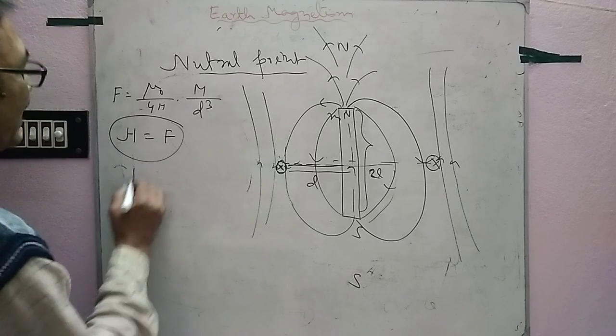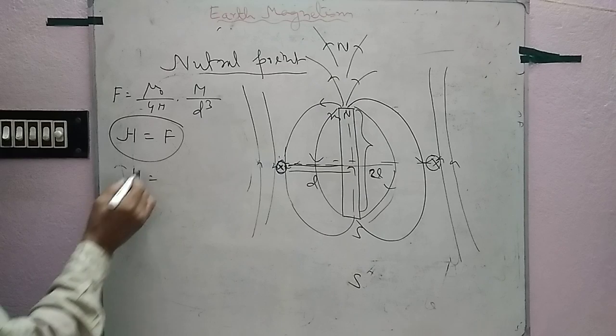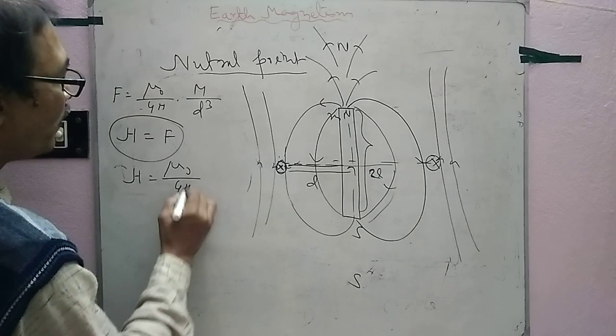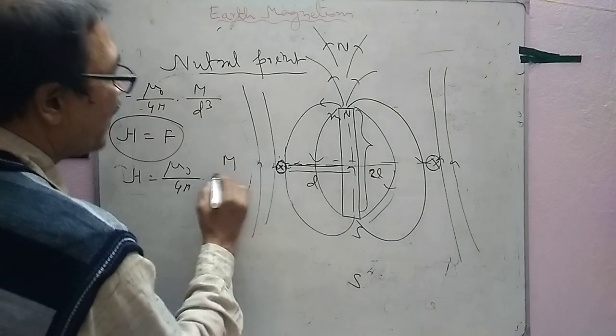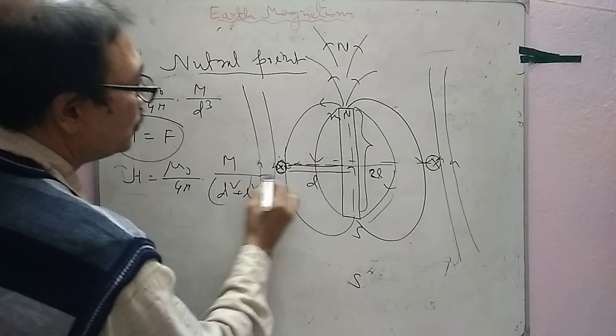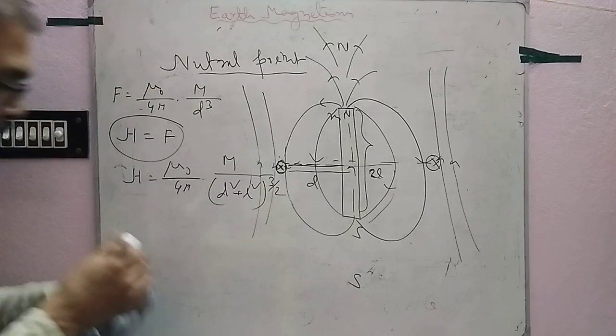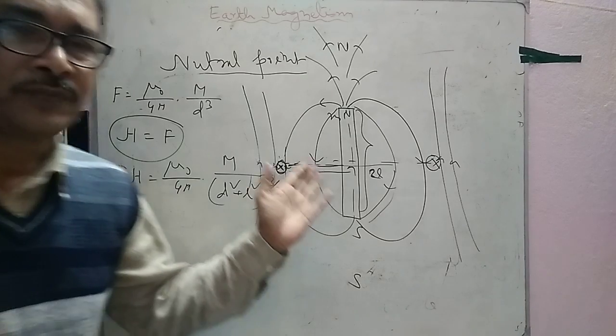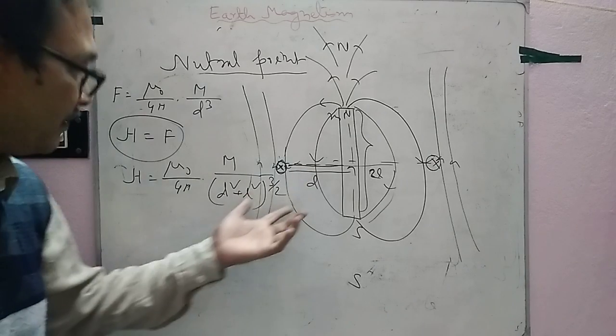Now from H, suppose the value of H is given, so H equals mu naught by 4 pi, m by (d square plus l square) to the power 3 by 2. Remember, in my previous class and also in the electrostatics chapter, I discussed